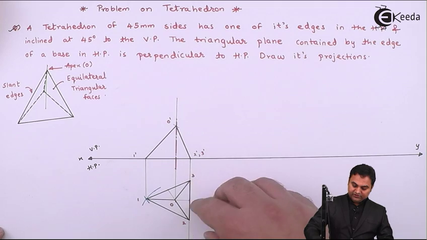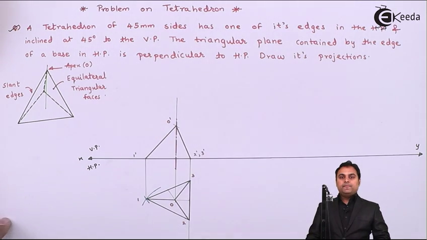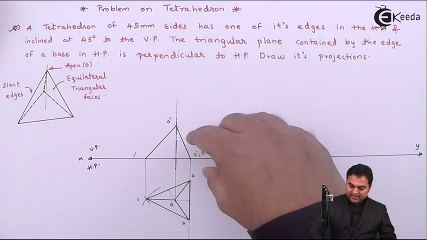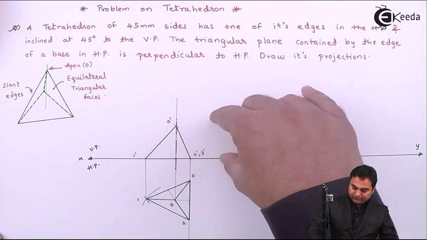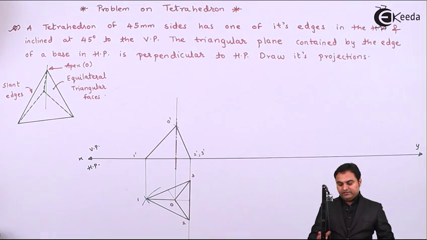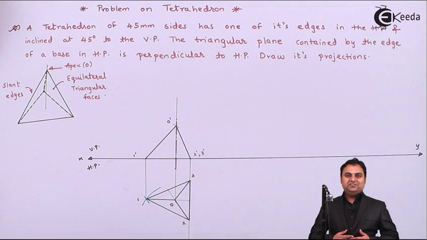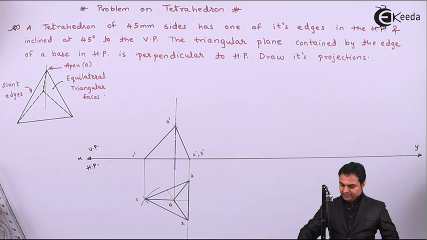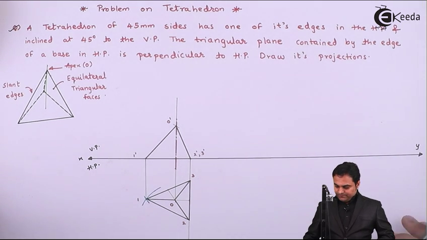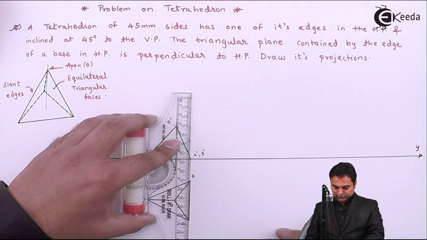And this triangular face, when I have projected in the front view, it is O dash, 2 dash, 3 dash. So in the next condition, I'll have to make this triangular face perpendicular to HP and it will be visible in VP. That will be the second condition, and the inclination of 45 degree will be the last condition. So drawing a light perpendicular line to xy,